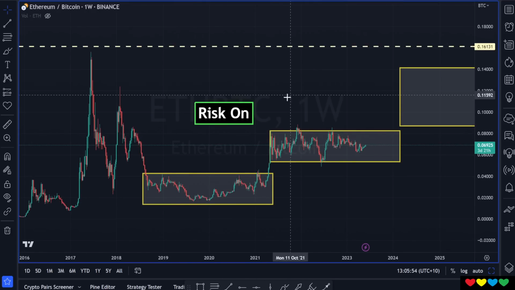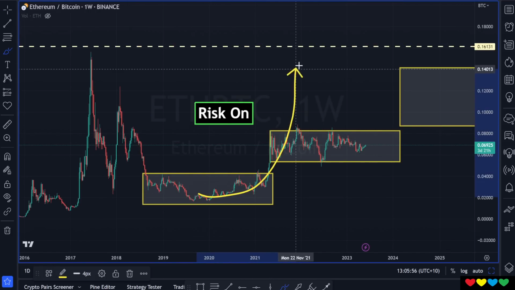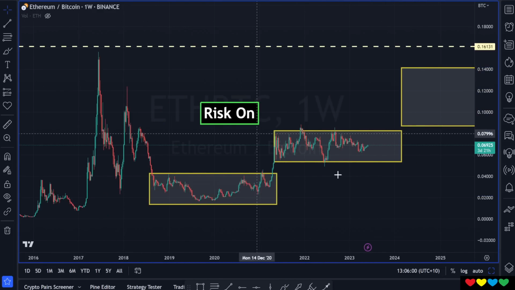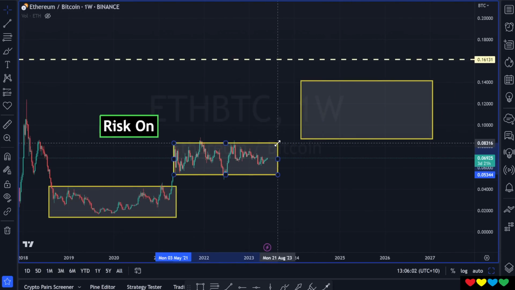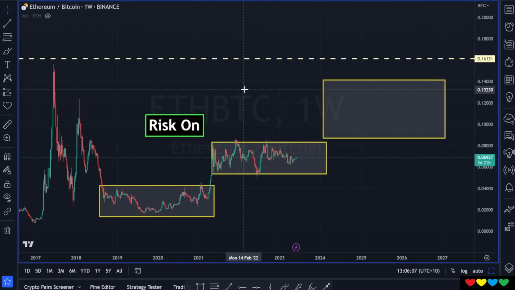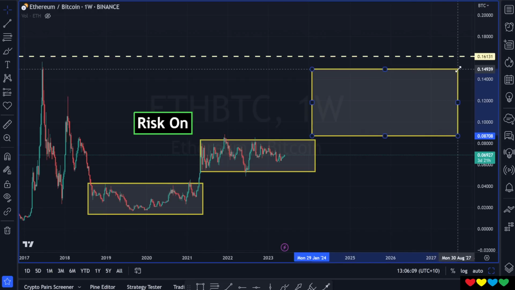Now, I thought we were going to go parabolic much higher than this. This is what I actually thought would happen. I thought we'd go like this. But we didn't. We're just moving up in these steps. It is what it is, all right? So maybe the next step is we move out sometime this year and we just start moving to the next block. And then Ethereum now trades under a flippening, you know?